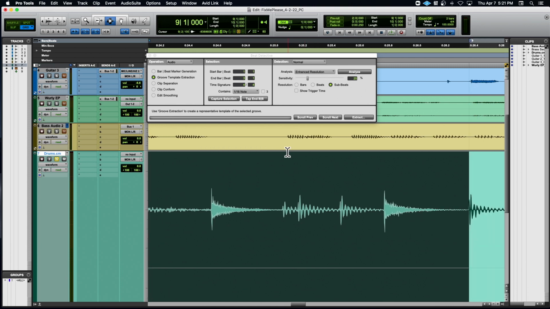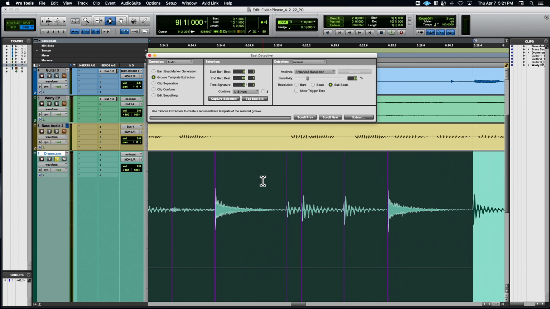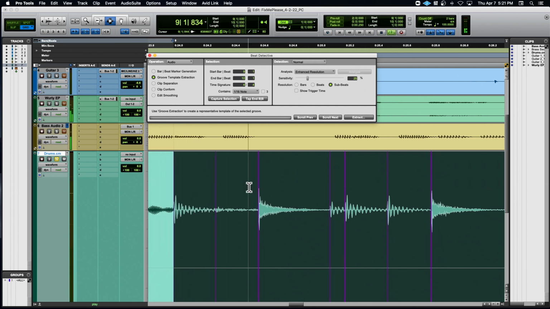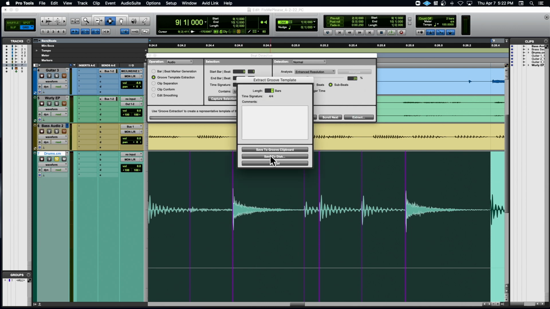Okay, and then this is still up. I'm going to capture the selection, and notice it changes to 9 and 10. Right, so it's 1 bar long, and then I'm going to analyze that. And I didn't change the sensitivity. I left it at 25%, and it looks pretty good. Let me play that. Yeah, that looks pretty good. I'm going to leave that like that, and I'm going to extract that, save to disk,